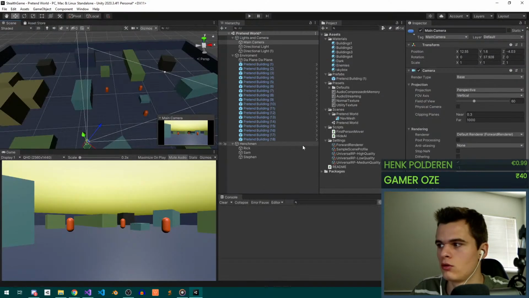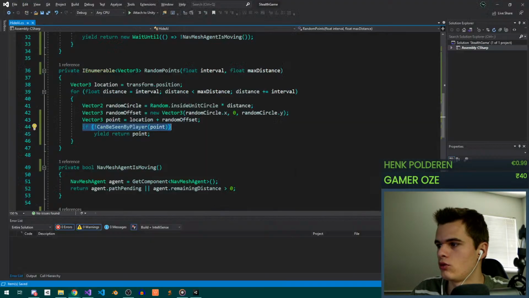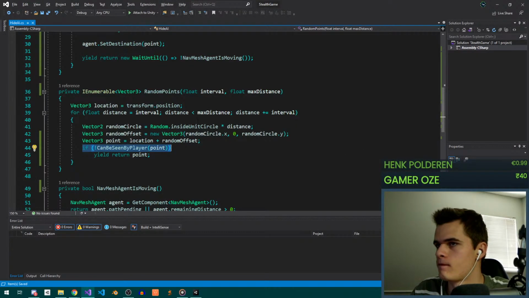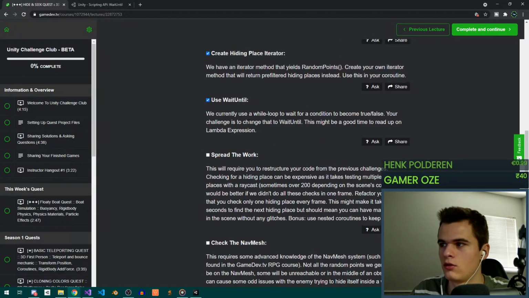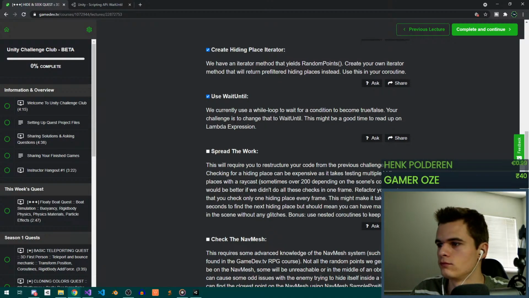Okay, so we're supposed to make it check on different frames. Hold on. Takes testing multiple hiding places with a raycast, sometimes over 200 depending on the scene's complexity. Yeah, but all our... Wait. Can be seen by player. Doesn't this make it so we're only doing one check every frame? Like, haven't we already completed this? Like, am I wrong here, or...